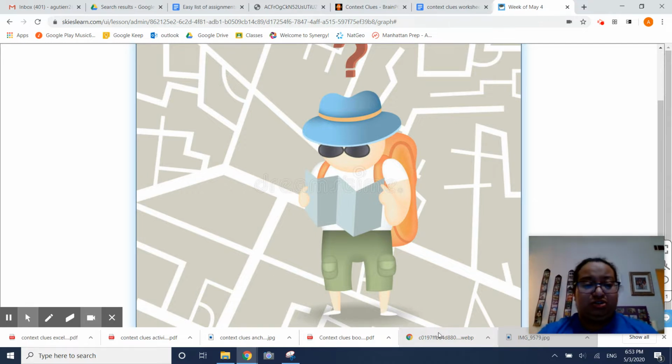You are seeing this picture over here. Pretend that you were kidnapped or you were taken by surprise, right? You're dropped off in a secret location and you need to find your own way home. You don't know how you got there, but you need to find your way home. On the side, write down what's the first thing you have to do to find your way home.